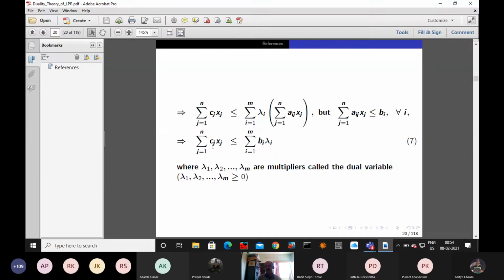But if this is an inequality, then we have to simplify and say that the problem is feasible or maybe unbounded, depending on the problem. Whatever we have written on the left hand side is the primal objective function, and the right hand side is the dual objective function. Since they are not equal, this is the weak duality theorem. And we also have the strong duality theorem if both are equal.